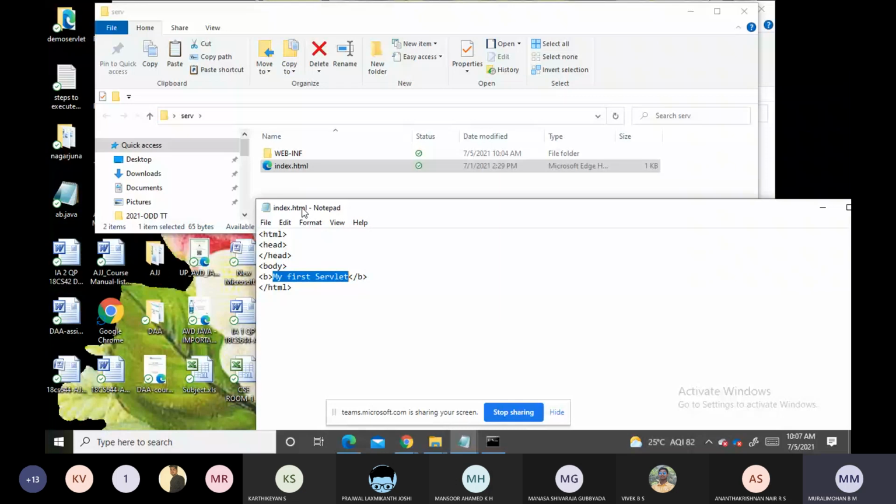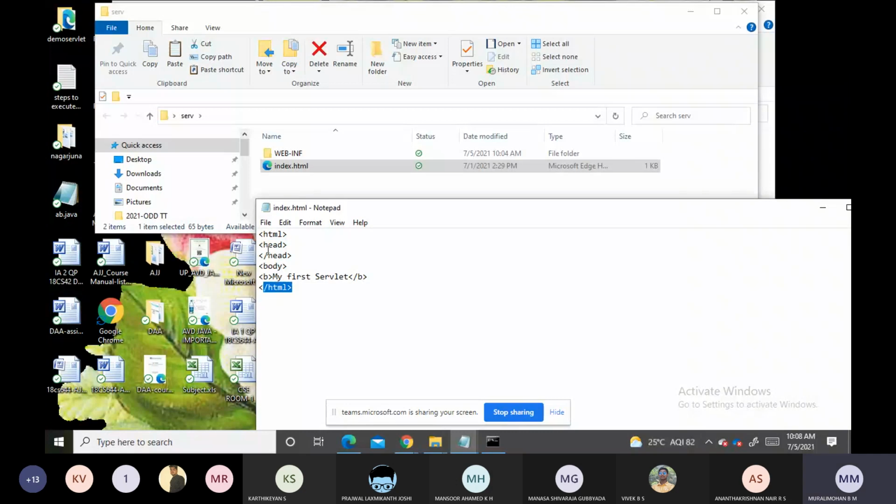Here we created a folder on the desktop, serv. Next, inside that we created one folder, WEB-INF. Next, we created one HTML file. Clear? And inside this HTML file, we are having this code. It is just the basic structure of HTML. In the HTML file, we are having HTML tags.